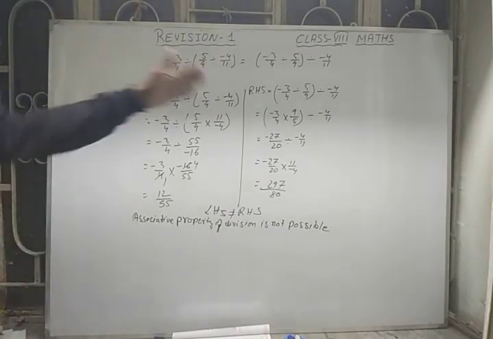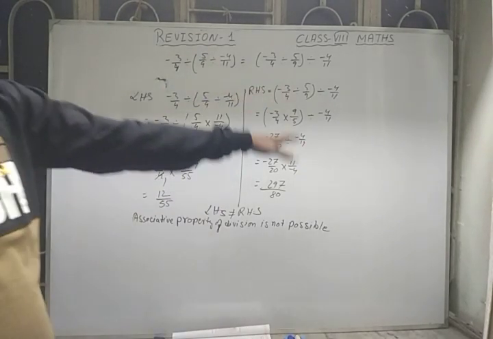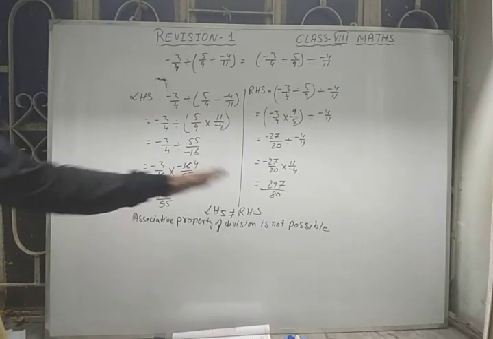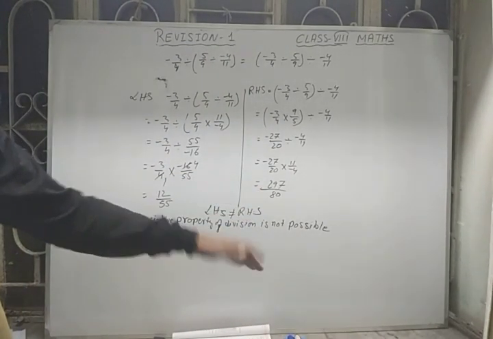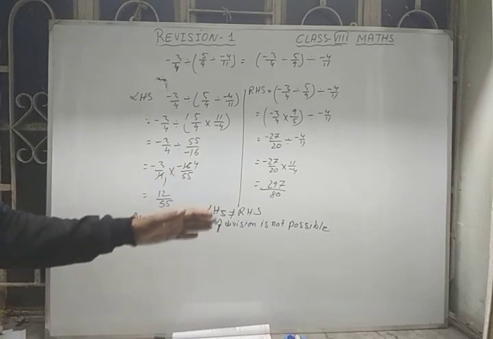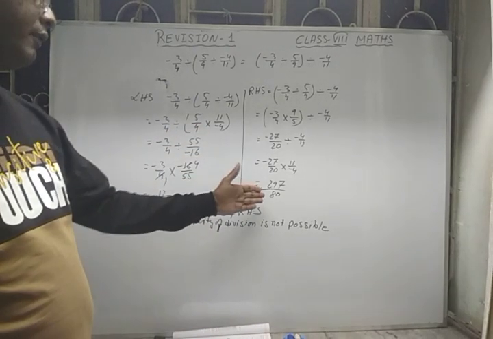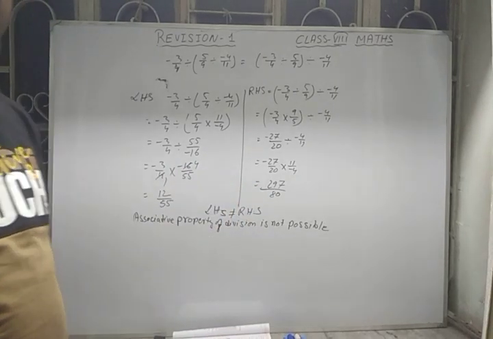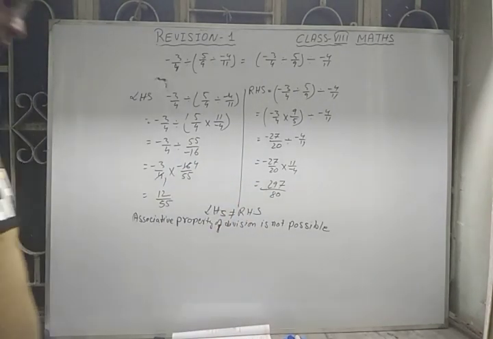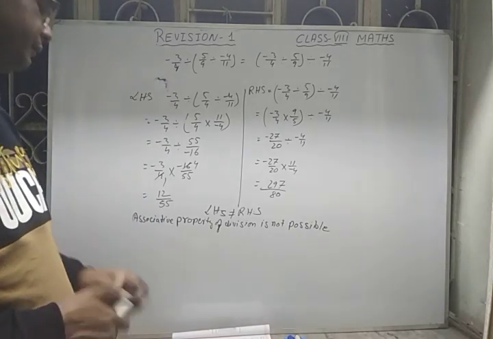So always when you are finding the proof, always write the left hand side, make a column, then do the right hand side. If they are equal, then write LHS equals RHS, verified. And if a property is required, always mention the property. Here they are not equal, so I have written not equal to. I also mention the property which is not proved for this sum. So always try to do these sums like this.